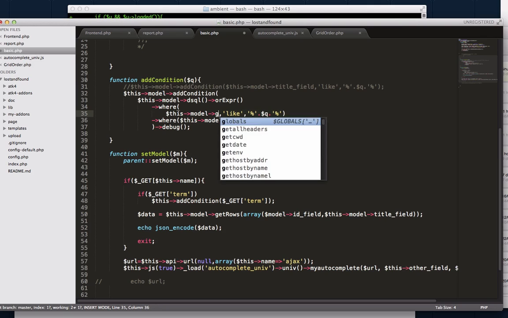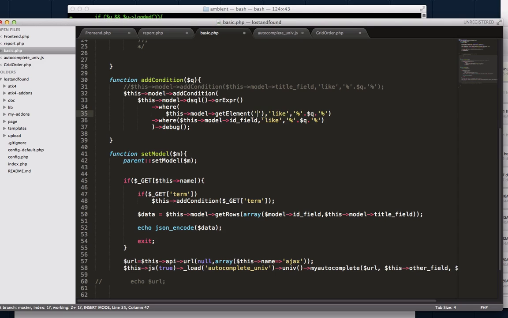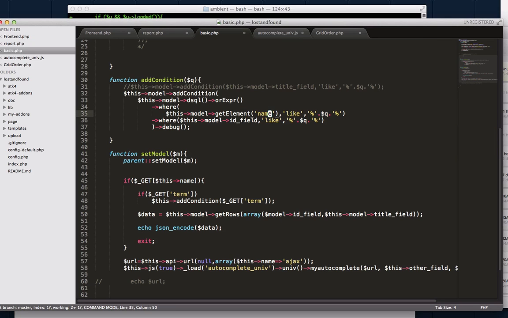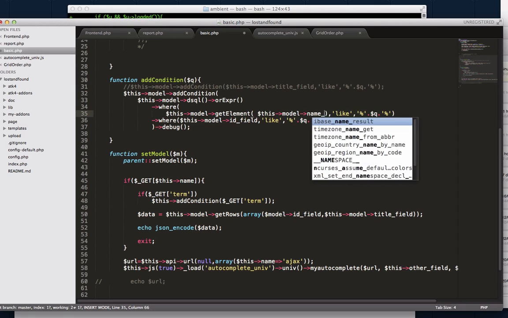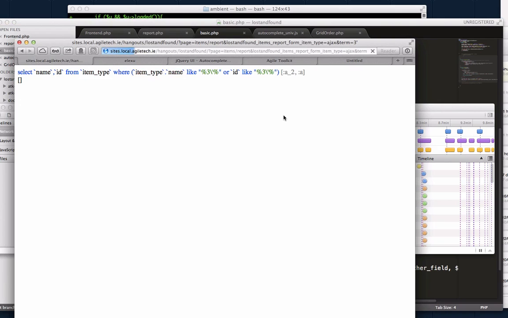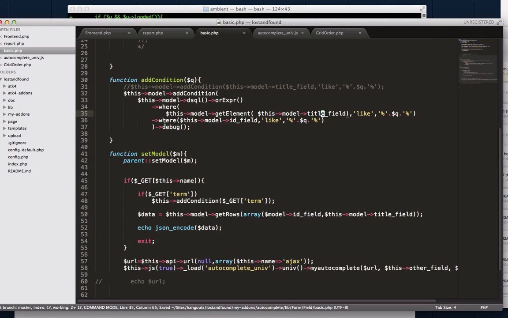This model name. So if we do it like that, it gets properly prefixed with item type. I think I already mentioned it a couple of times. And again, if we don't want to use a name, we can do this model name title field. Okay, now it's